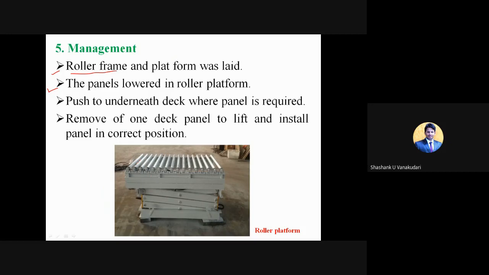These equipments can be used in the prefabrication system, so that once we have fixed one, we can go on with the other members. Here, lifting one deck panel depends upon the height; we can adjust this so that we can come down or go up just by adjusting this instrument.